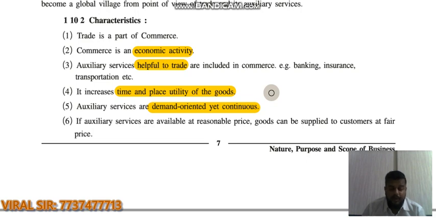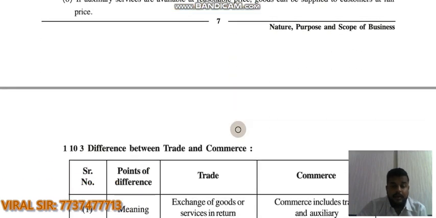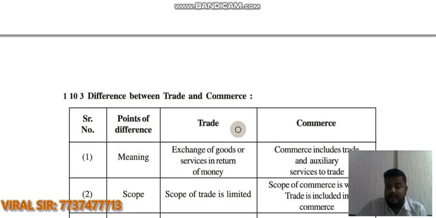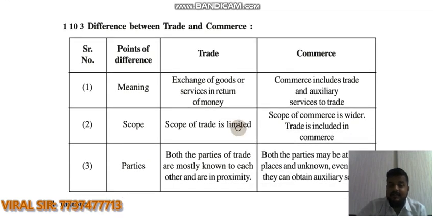So it is demand oriented. Whatever your demand, you can use those kinds of services. If auxiliary services are available at a reasonable price, goods can be supplied to the customer at a fair price. Auxiliary services lay importance on the price or cost of the products. The cheaper your auxiliary services, the cheaper your product would be. The costlier your auxiliary services, the costlier your product price would be. Clear? Now we are saying that trade is a part of commerce, but there are certain differences between trade